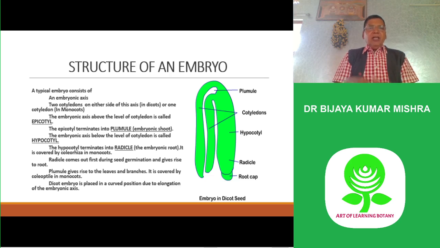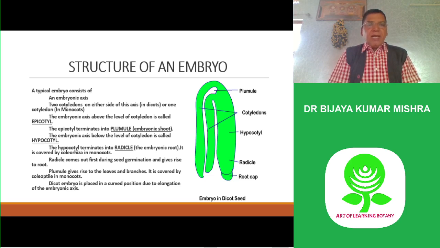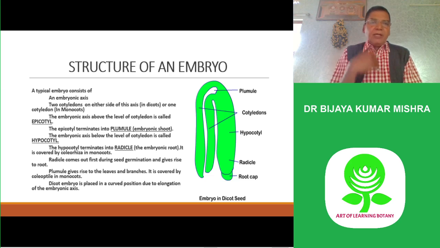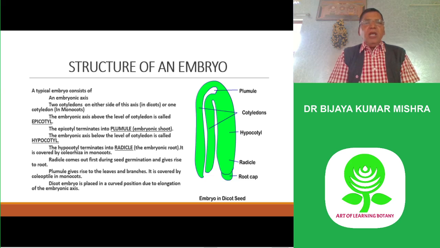Then the upper part of the embryonic axis above the cotyledon is called the epicotyl region. It terminates in the plumule, which gives rise to the shoot system or the embryonic shoot. You can say plumule is called the embryonic shoot. And the lower part, the region below the cotyledon, is called hypocotyl, and that gives rise to the embryonic